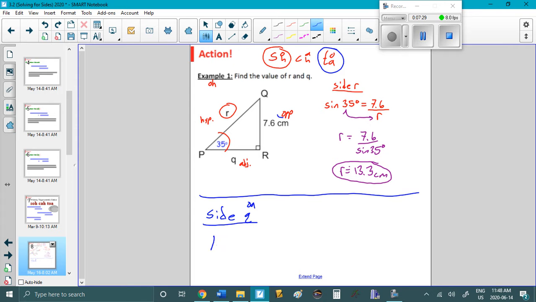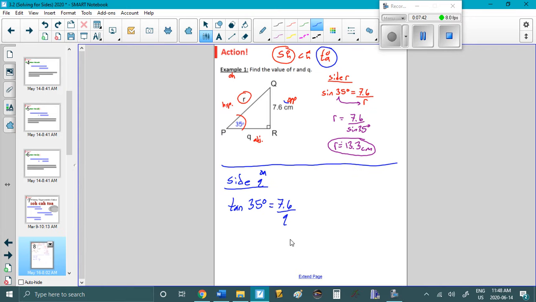So to solve for Q, we do tan instead of sine, it's still 35, equals the opposite, which is 7.6, divided by the adjacent, which is Q. Again, the variable's on the bottom, so we have to switch everything. Well, not everything, but we switch these two. So Q comes up, tan 35 goes down,